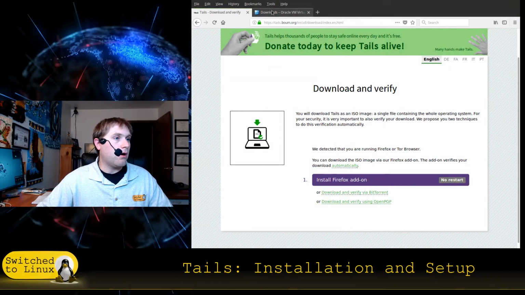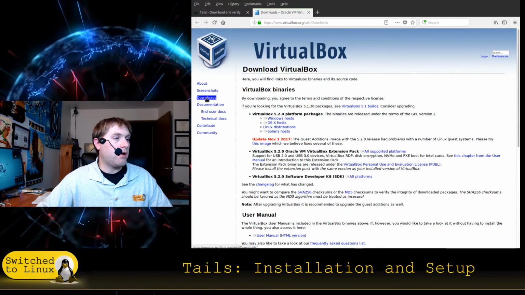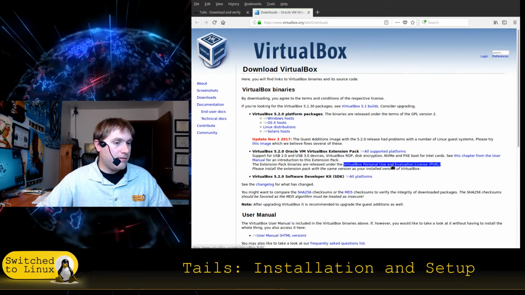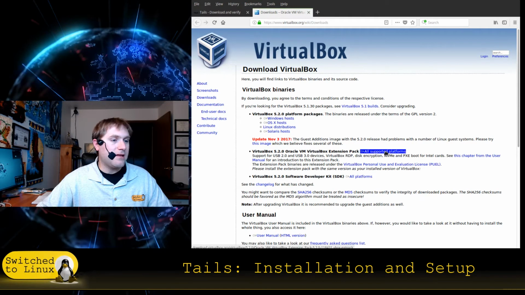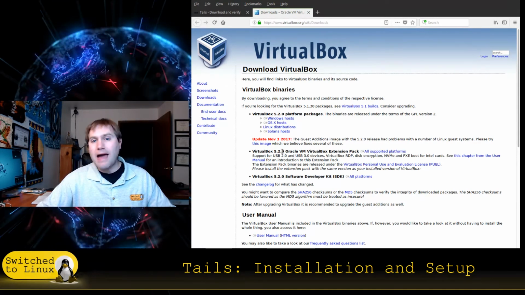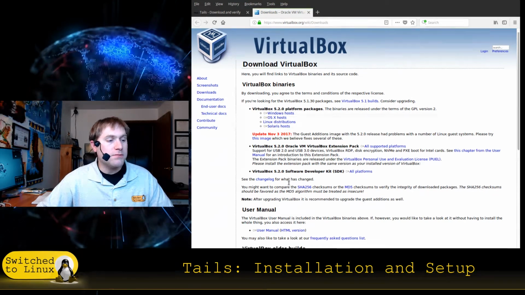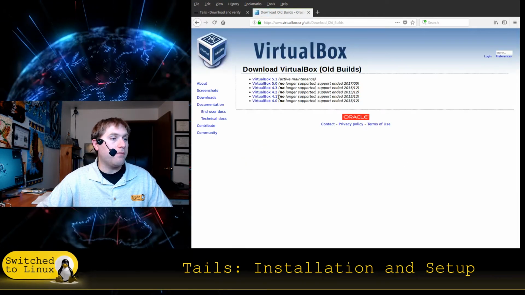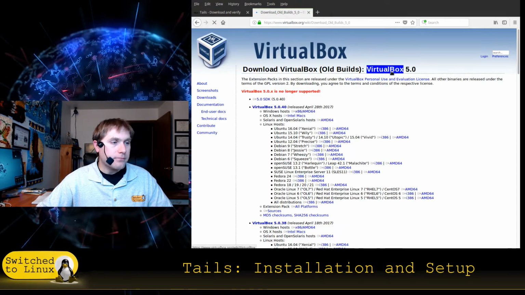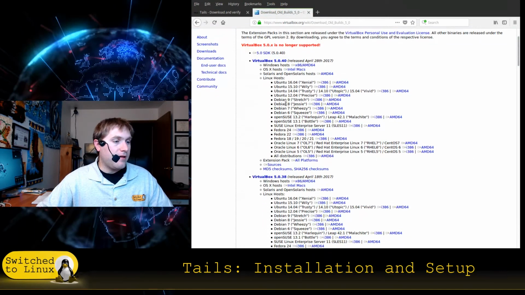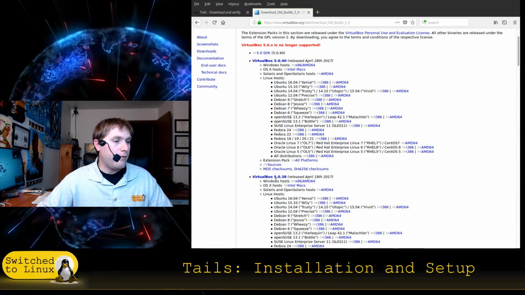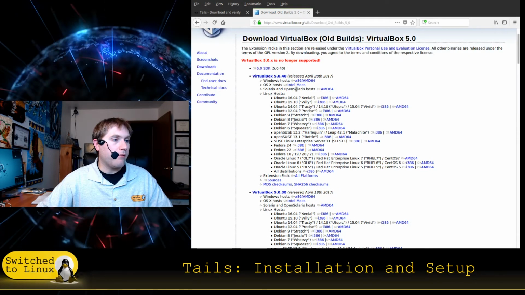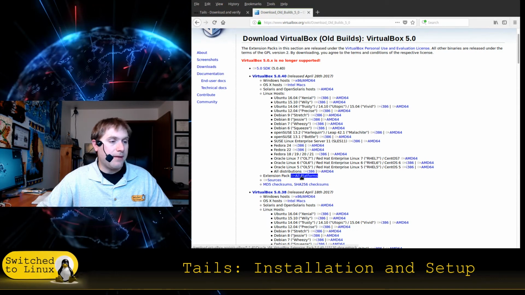Okay, so we're going to go back into our web browser and onto the VirtualBox page, and we're going to come down to Downloads. And then over here, let's see, I just have to find it. There you go. Here's the extensions pack, but note that this is 5.2.0. You have to grab the extensions pack for your specific version. So to find your specific version, come down to VirtualBox older builds, find the one that you're using, and inside of here you'll see the option to download a variety of things, and then you'll see the extensions pack here. I'm running 5.0.40 for Ubuntu, and so I just need to come down here and grab the